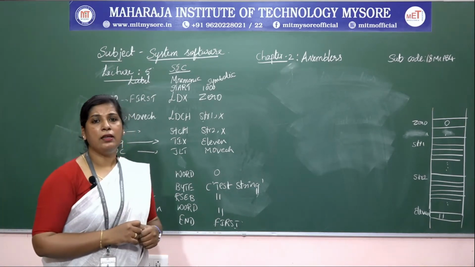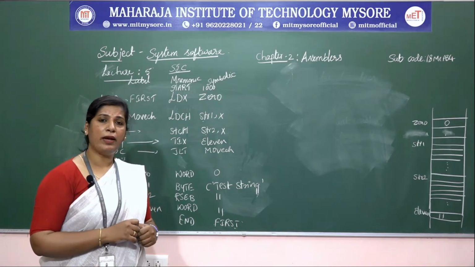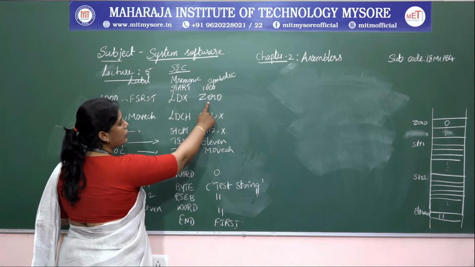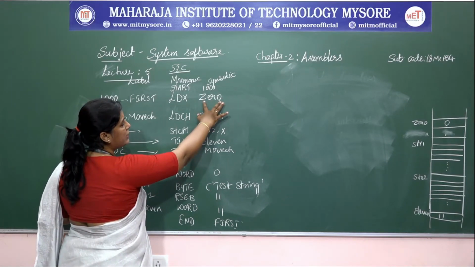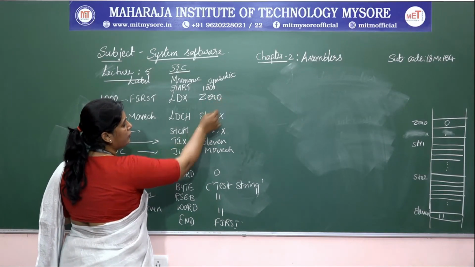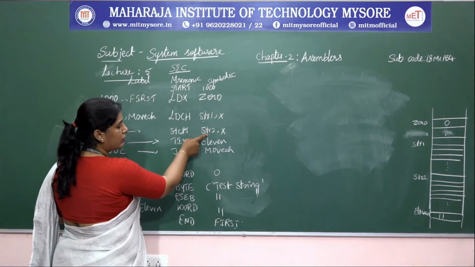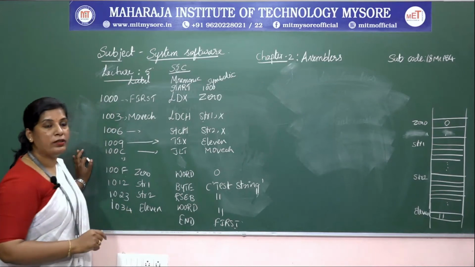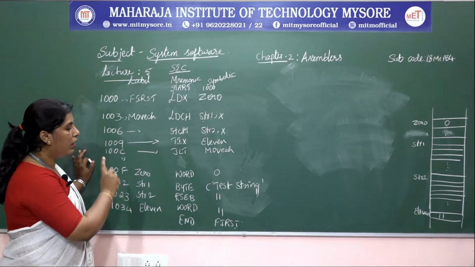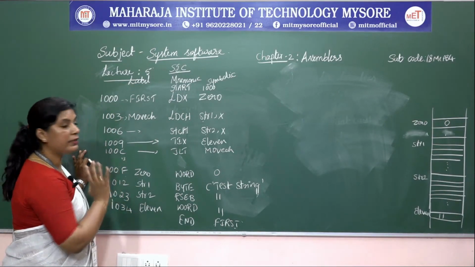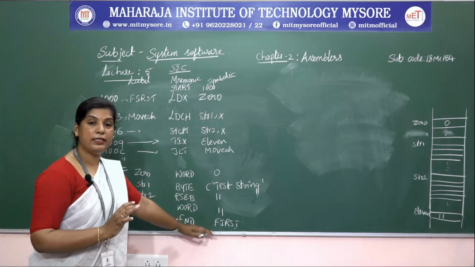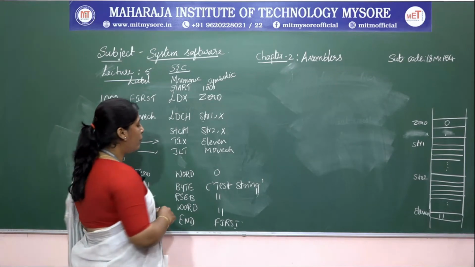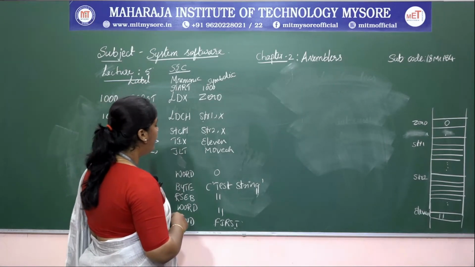Since it is a SIC program, it provides only 2 addressing modes. You can see that for this instruction it is direct addressing mode, because in the operand field, the symbolic field, there is no index register. For these 2 index register addressing mode instructions, it is direct addressing mode. For the remaining, we have to convert the constant values like that. So in this case what we need to do is,